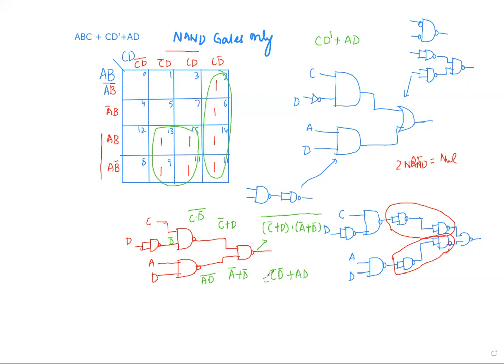So here you can see that we have implemented this using only NAND gates. The important points are, first you should know whether the expression is minimum or not. If not minimum, then you are supposed to minimize it. Thank you very much, and I would suggest you focus on some more questions so that you can work more effectively.